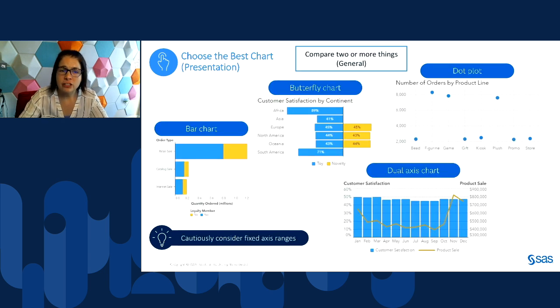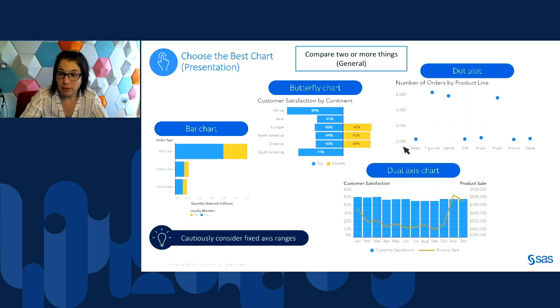Are you comparing two or more things? If so, you might want to use a bar chart to show that information. You can use the group rule to split the bar between both of the groups. You can also use a dot plot to compare values that are close together. In this case, all of the product line values have order numbers that are fairly close.